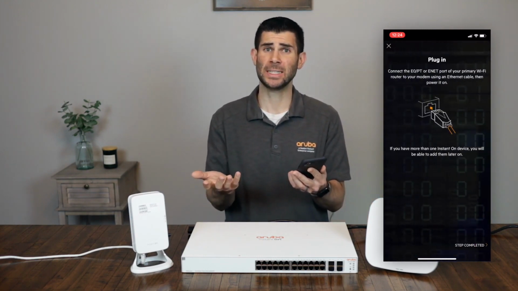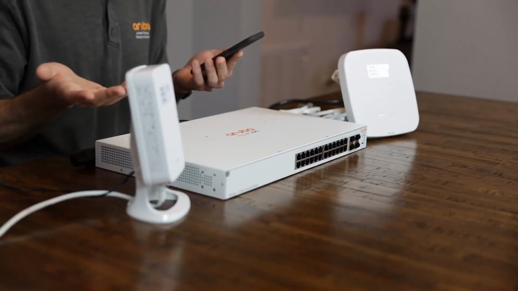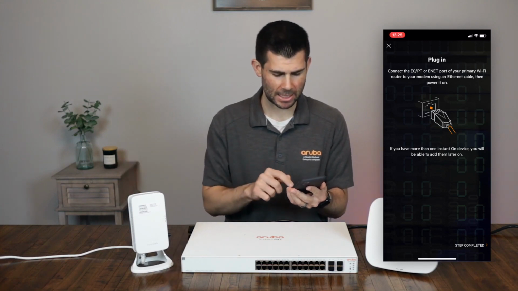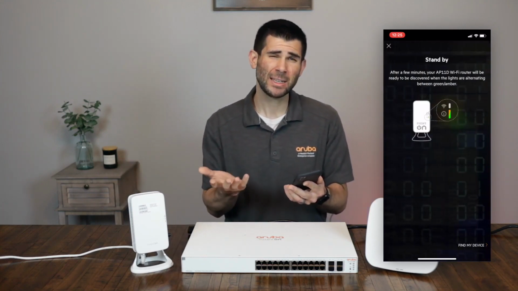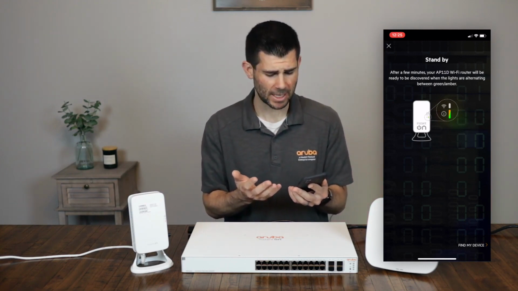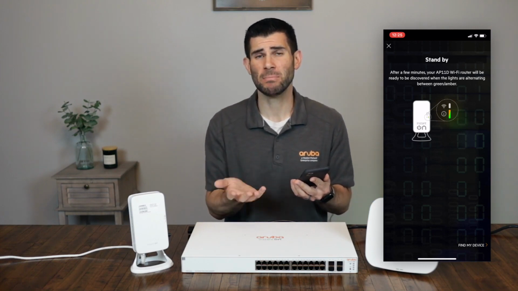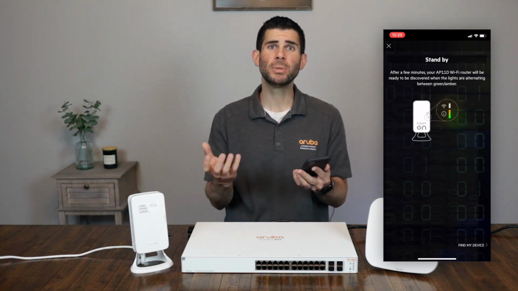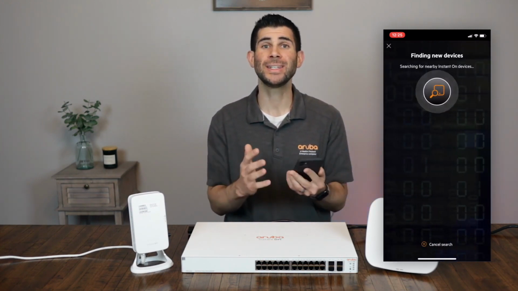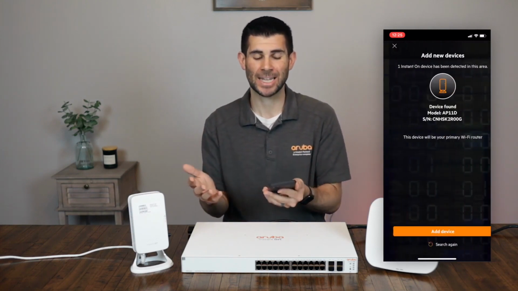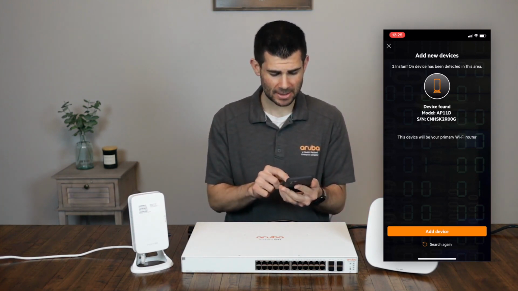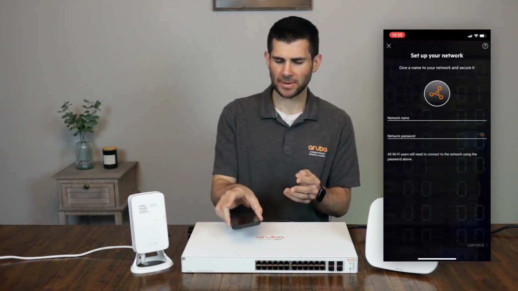It's asking me if I have already plugged in the device, which I have. It's powered utilizing a wall adapter, and I've already connected it to the internet via an internet gateway. Now it's asking if it's blinking amber and green, which it is because I plugged it in ahead of time. Amber and green means that it's in setup mode, and the device is utilizing its built-in Bluetooth radio to find my phone with its built-in Bluetooth radio, and they're talking together in order for it to be configured and set up. The benefit here is we don't require any networking knowledge to get these devices up and running. So I'm going to click on add device,